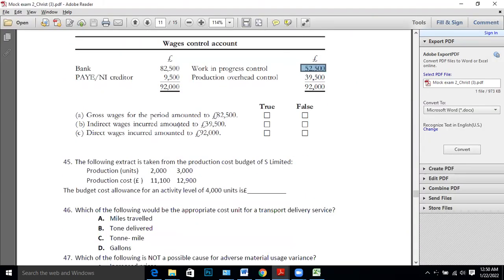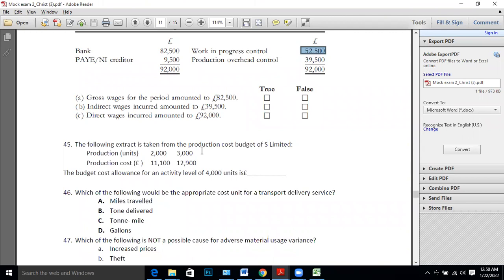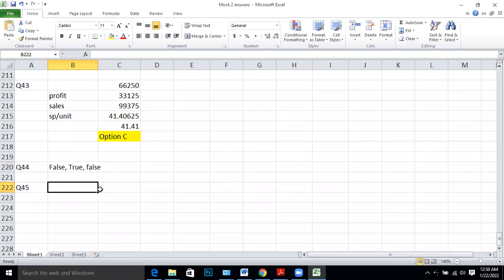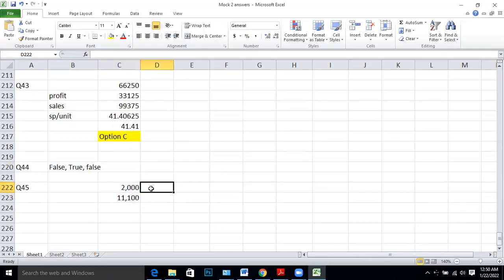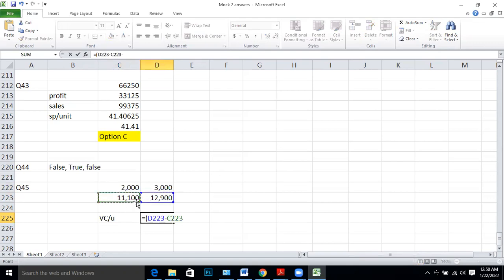45. The following extract is taken. The budgeted cost allowance of 4,000 units. Must be simple. 2,000, 11,100. Copy that there. High-low method. Simple. They ask me for 4,000 units. You can take variable cost per unit. Look at this. Cost difference 12,900 minus 11,100 divided by volume difference 3,000 minus 2,000,